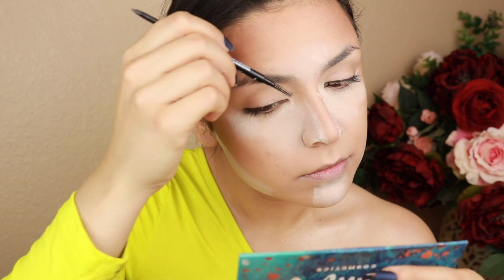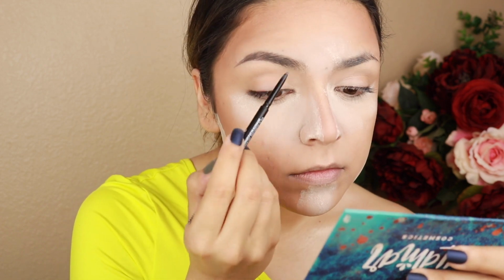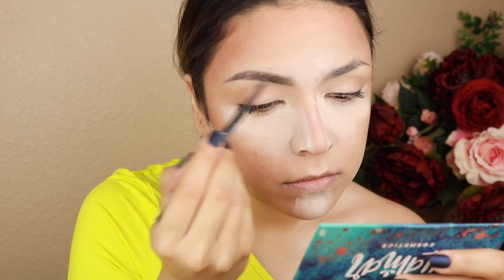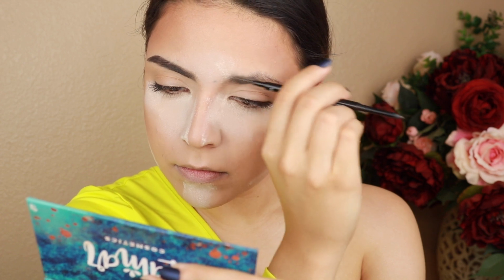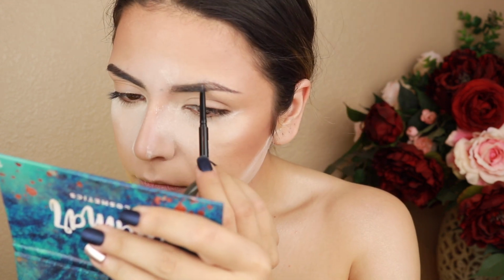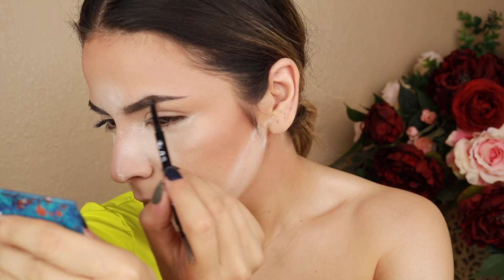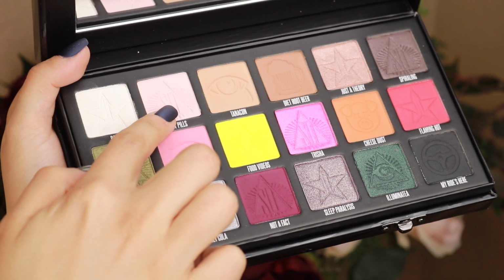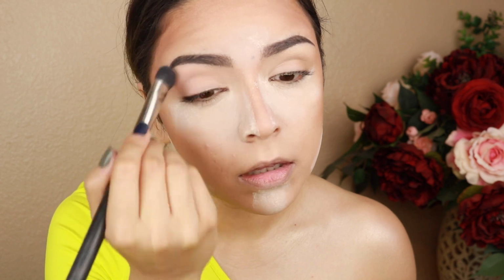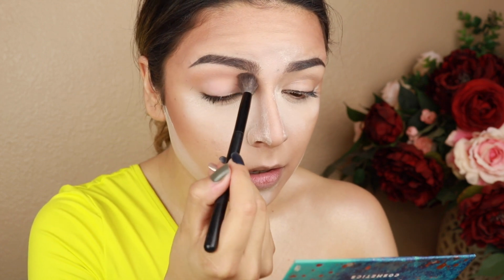And while that is baking, we're gonna move on to the brows. And then we're gonna get started with our eyeshadow look, and the very first shade that I'm using is the shade My Pills, and I'm just setting that all over the lid as a base color for the rest of our eye look. Next, I'm taking a super fluffy brush and I am using the shade Tanacon all over the